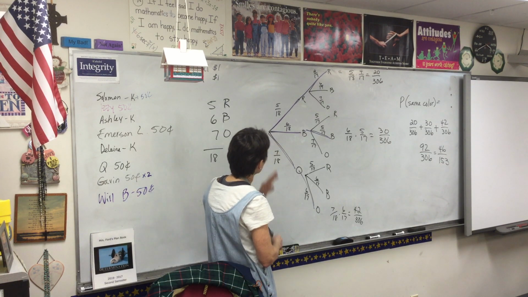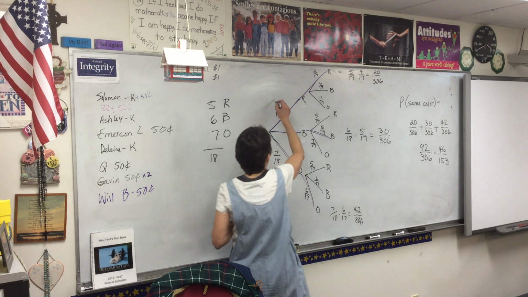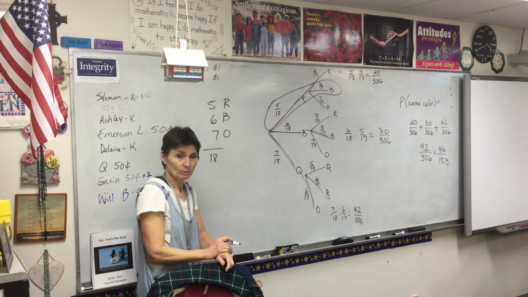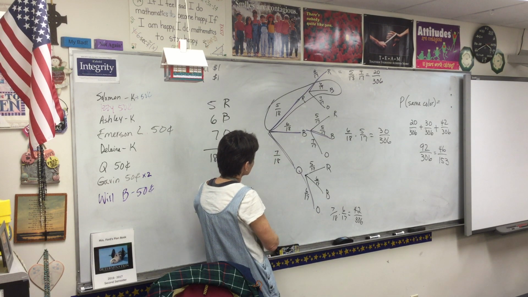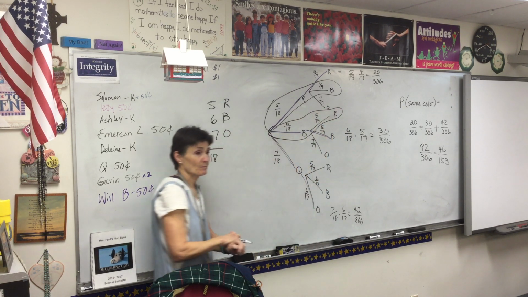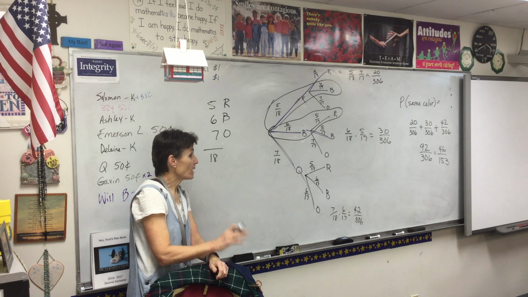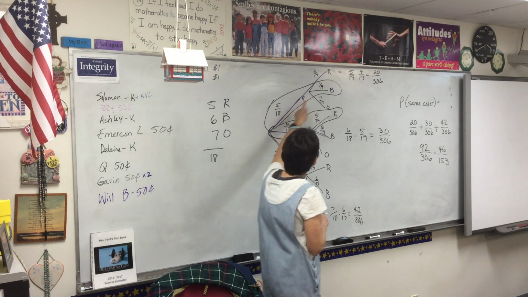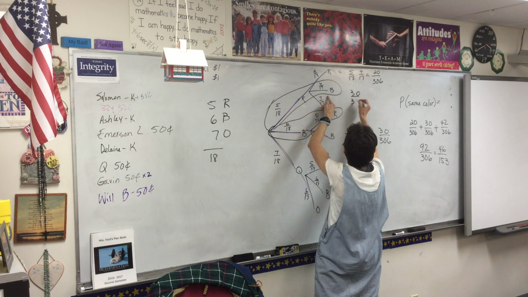Well, where does that happen on the chart here? One red and one blue. Would that be right here? Would that be a red and a blue? And I think it happens somewhere else. Right here? Because what's that? Blue and then red. So I can do that two different ways. I can get blue and red or red and blue. So that probability